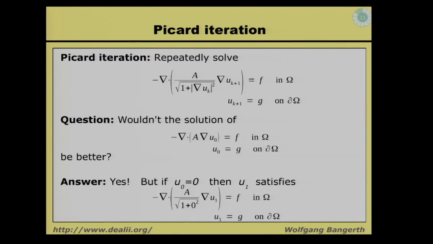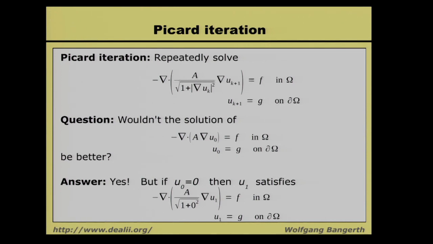Now, you might say that maybe a better starting guess would be if I choose my u0 to be the solution of the Laplace equation. Okay, so minus divergence a gradient u, so that essentially forgets the nonlinearity here, equals f, and u0 equals the right-hand side. And the answer is yes, this will lead to more rapid convergence, but if you think about